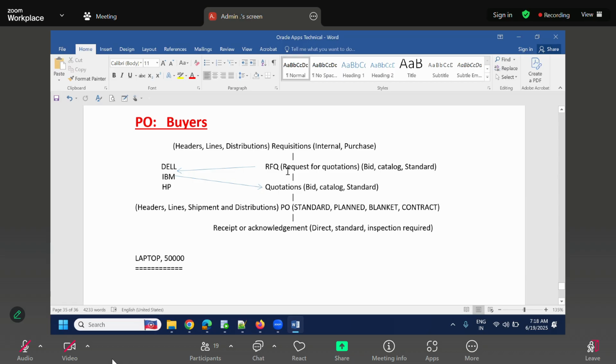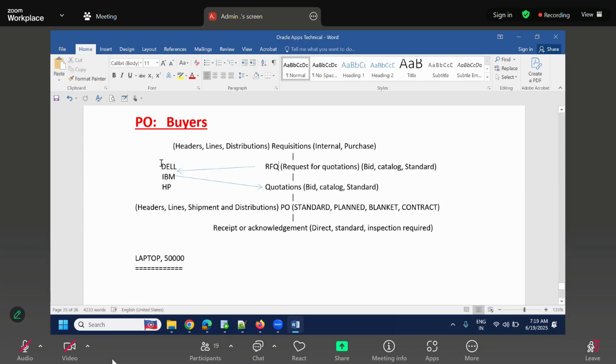So what item do I need to buy? What is the max price I can spend? Then what is the need by date of my requirement? Then the terms and conditions: will I make a payment within 30 days or 60 days or 90 days? I will put in all my details and prepare the request for quotation document and send the document to